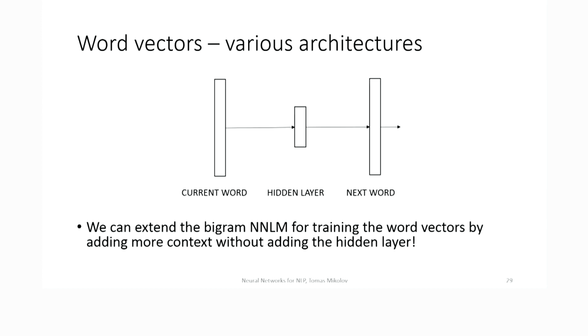And people like me had the idea to do it in a simpler way. If we look at the original bigram language model, it doesn't have this problem. It doesn't have that computation between the projection layer and the hidden layer, because there's just one hidden layer and all the computations can be super fast in this model. It doesn't produce as good word vectors as the previous model. It's not as good as the feedforward language model for learning the word representations. For example, if you evaluated it on the word analogies, it would be pretty bad.